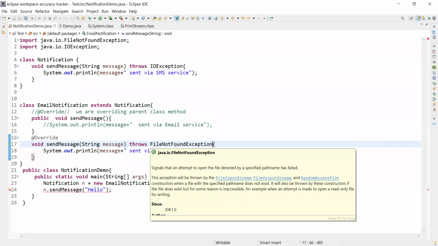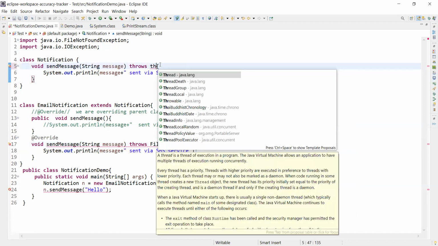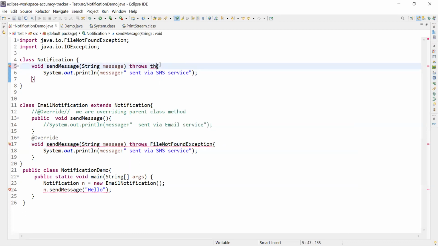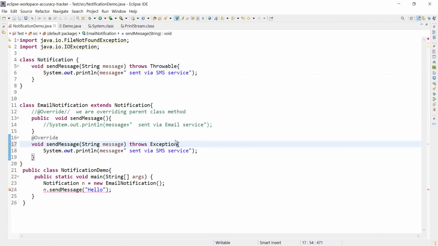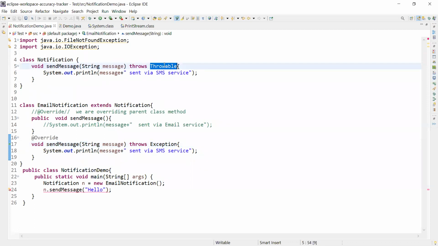So what is the purpose of telling this? Or let me take the simple example. Here we are saying Throwable, because we haven't explored much exceptions. So I'm taking Throwable here for this example, and here I'm saying Exception. This is perfectly valid. Means the child's overridden method can throw a lower scope exception, not more than the scope which we have in the parent class. So this is the parent class of all the exceptions.